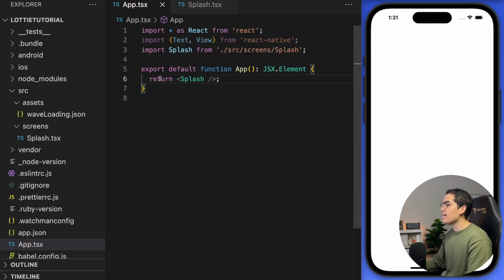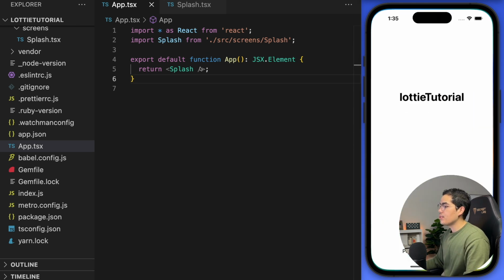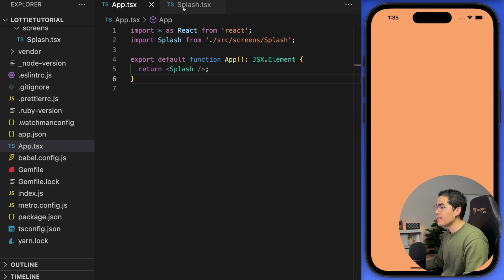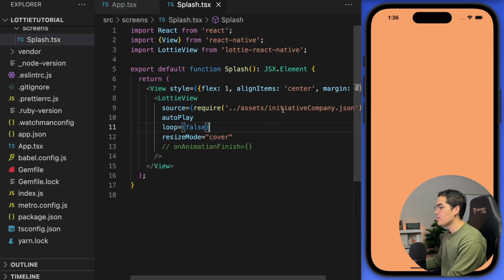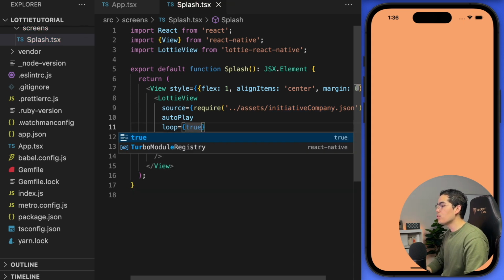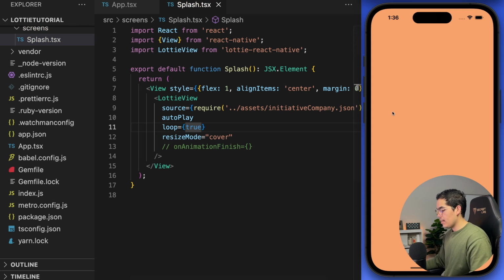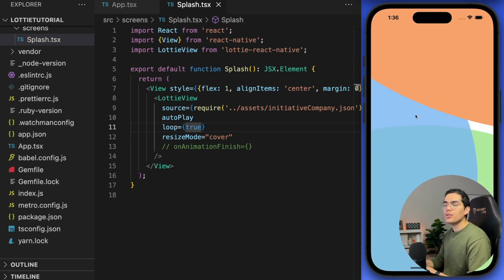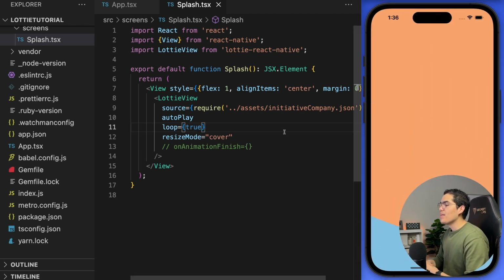And if I hit save now, and once we reload the application, you can see that we are going to have this animation, right? In this case, this animation is going to be called initiative-company.json. And let's say that we want this to be a loop. So I'm going to say true here, and let's reload the application. And now we're going to have this animation running over and over again, right? Perfect. So now let's say that we are going to be fetching some data while we are showing this splash